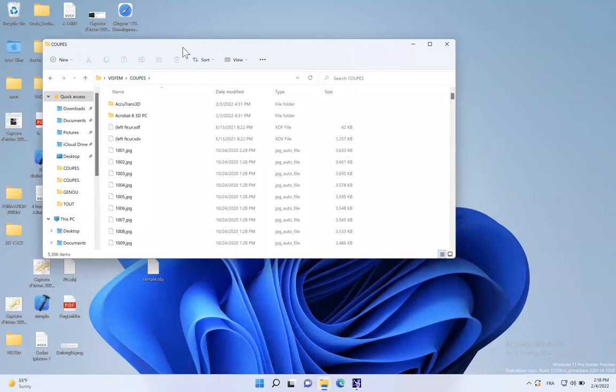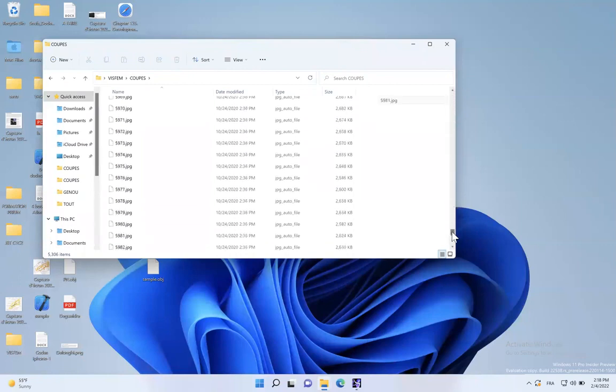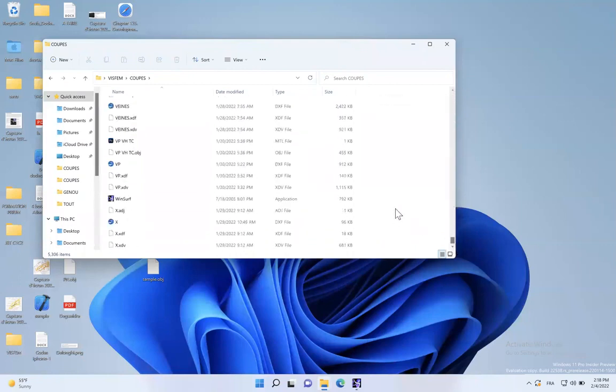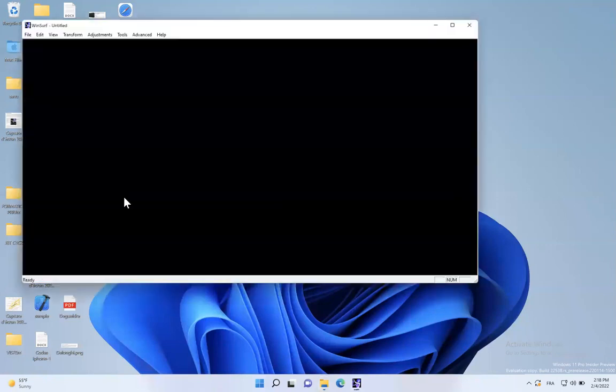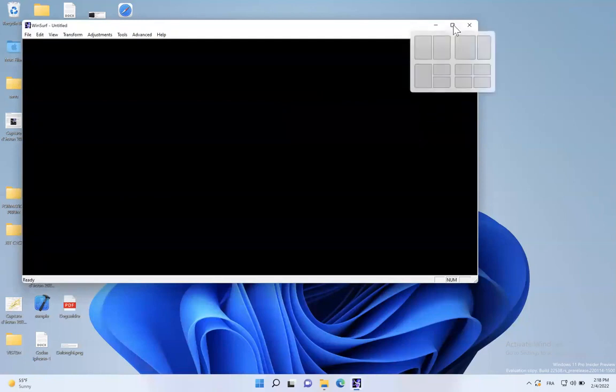I begin to show you how we use Windsurf. As an example, we will try to reconstruct a knee. I am under Windows 11. It's very new for me because I have a new Parallels, a new Mac OS system. So I double click on Windsurf. It's a good surprise: the old version of Windsurf is working with Windows 11 very nicely. So I put it in full screen and I begin to